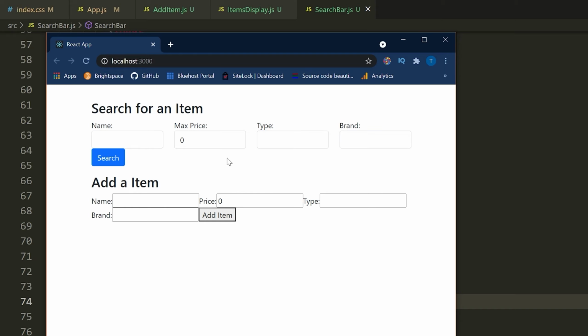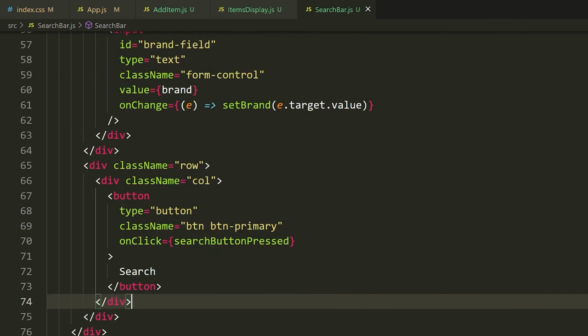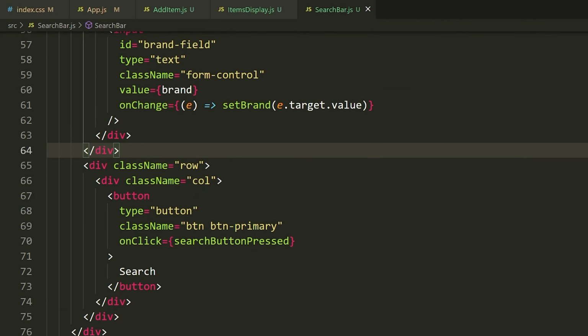Well, in Bootstrap, there is kind of a 12-node grid system. Now, I'm probably misexplaining that, but essentially inside of every row, you have 12 columns that you can kind of place items inside of. So right now, since we have 3 items in this row, each of these items are taking up 3 columns inside of the row. And they automatically did that. Bootstrap will automatically resize them for you. So what I want to do is I want to have this search button take up 4 columns in the grid, but I want to have 4 columns to the left being taken up by something empty so that this pushes this to the middle. Seems a bit confusing, but I'll show you it's pretty straightforward.